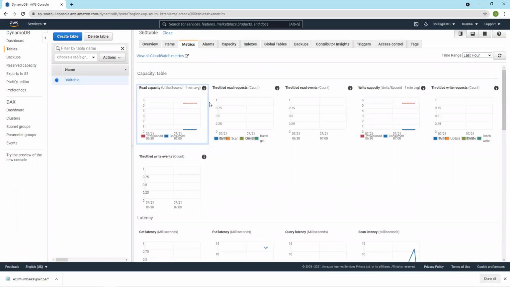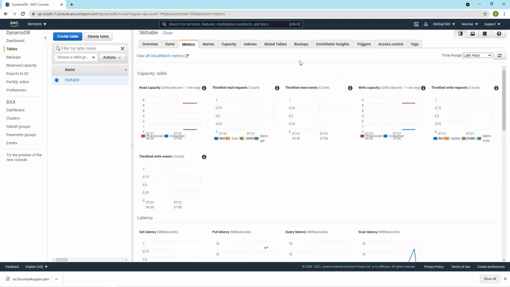Read capacity. If you see read capacity, it's units per second. Write capacity is also a 1 minute average. So here read capacity and write capacity are different. Write capacity is 4 KB. I guess it's 4 KB.